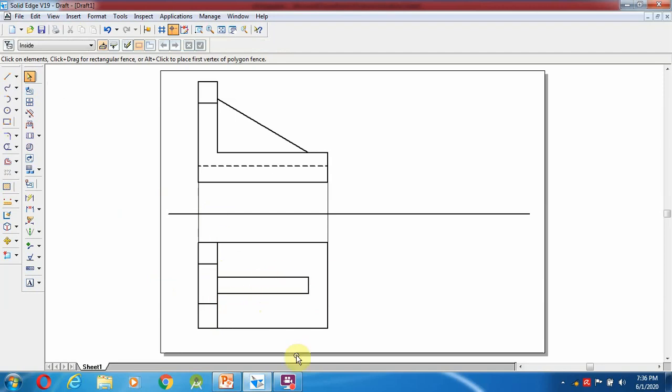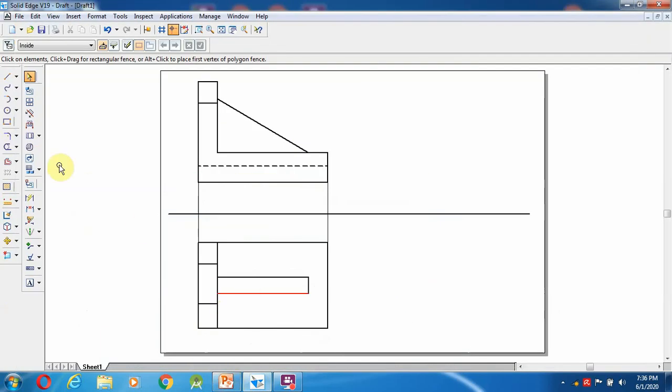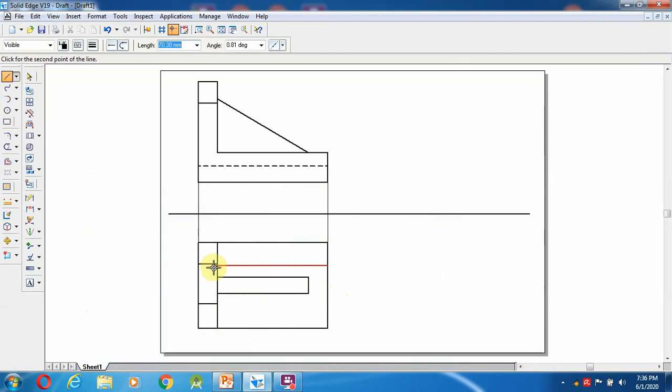We need to draw the visible edges. Then what are the other things? This dovetail cutout. The maximum length is 30 mm. The minimum length is not given here, so we have to make it in another manner. From the middle to 30 mm means from this side 15 mm. I'm going to make a straight line, and from here again 15 mm.